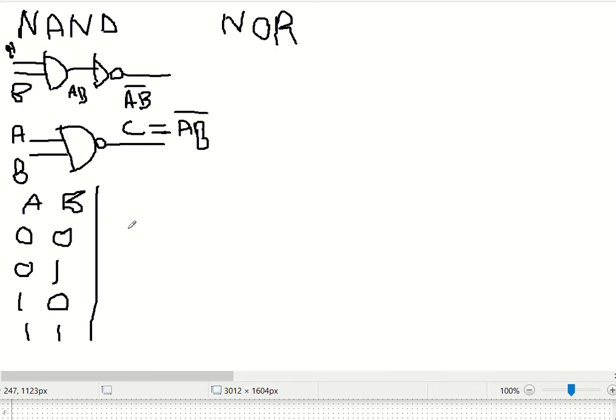So now just see your output, okay, would be AB bar, which means 0, 0 bar, which is becoming inverted 1. 0 into 0 bar. Okay, 0 into 1 was supposed to be 0 if you make AB, but since you are making AB bar, so make sure that it is complemented. Similarly for 1, 0 as well, it will be complemented, but for 1, 1 you're multiplying 1 into 1, which means your output is 1. But when you complement it due to NAND gate connection, it will be 0. So this is the situation we have seen earlier